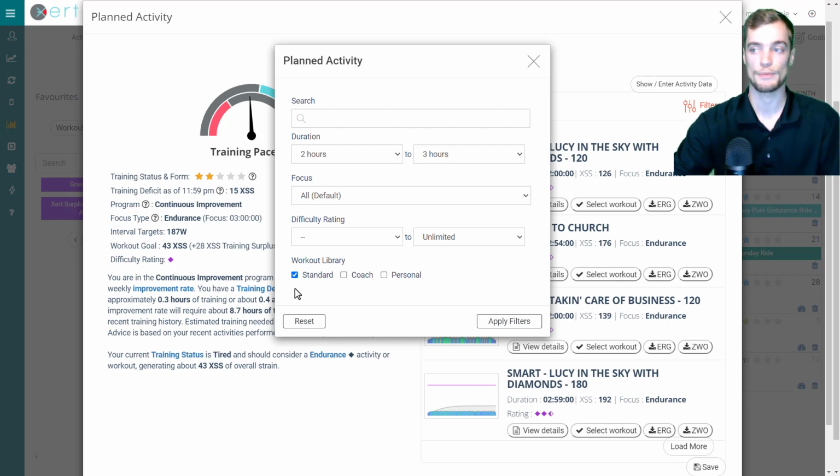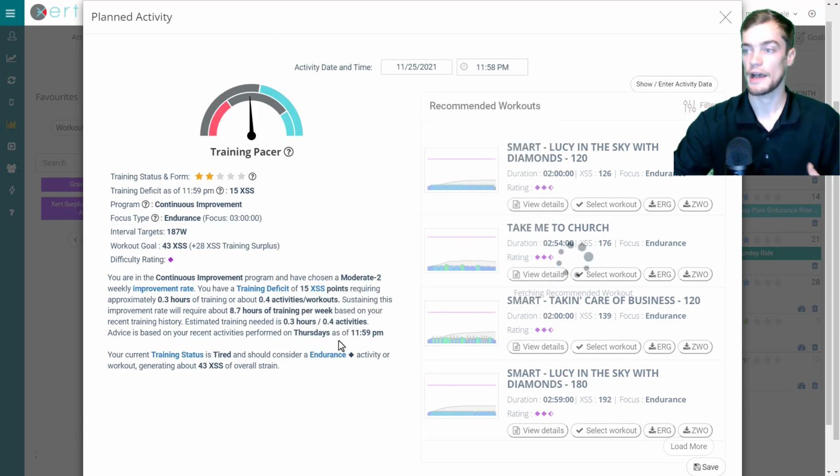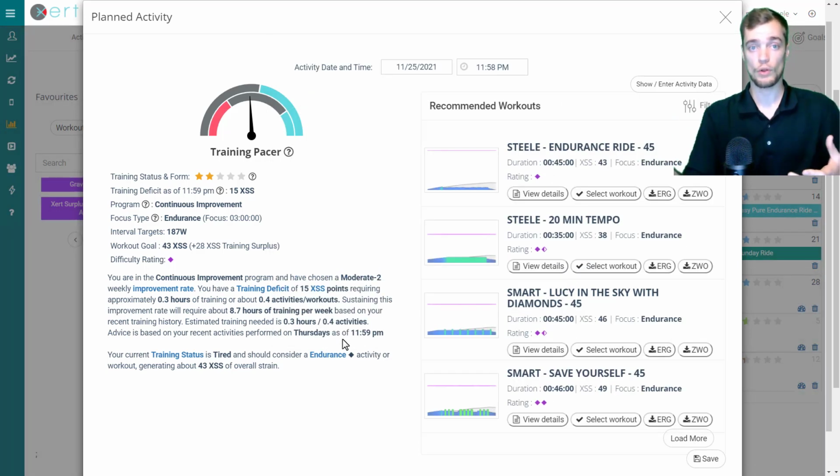I can also filter by workouts that are in the standard Xert library, workouts that are in your coach's library if you have a coach on Xert, or workouts that are in your personal library. Clicking the reset button here will reset all of those filters. Hopefully this shows how you can take a little more control over your training, either picking harder or easier workouts, or picking longer or shorter workouts